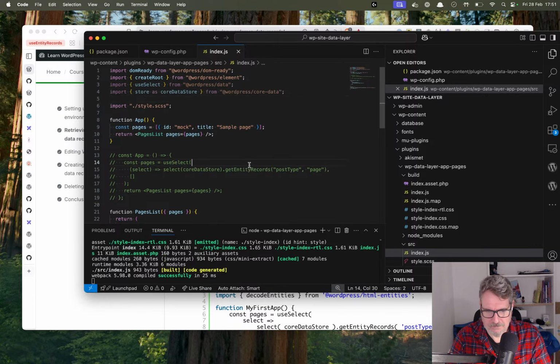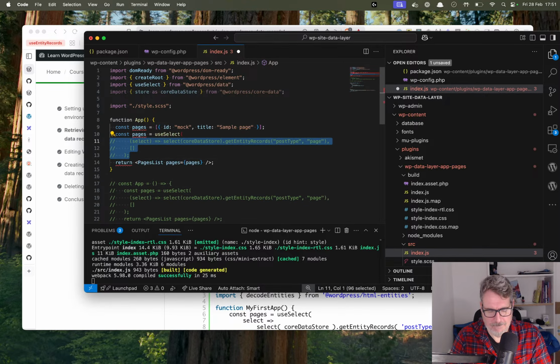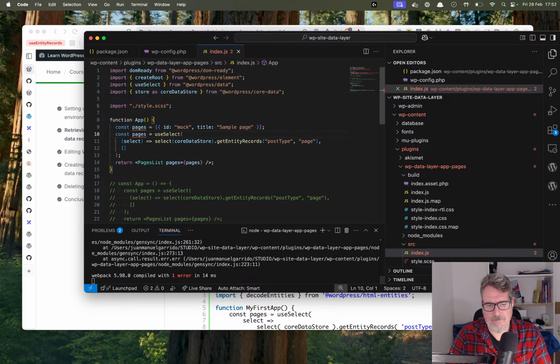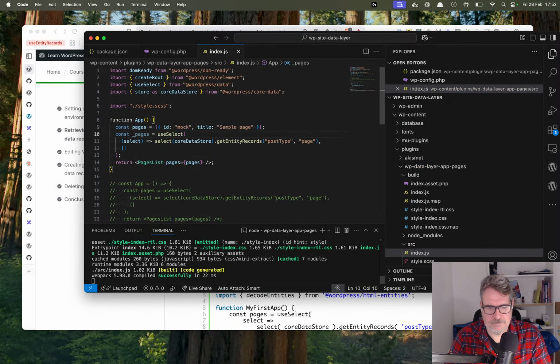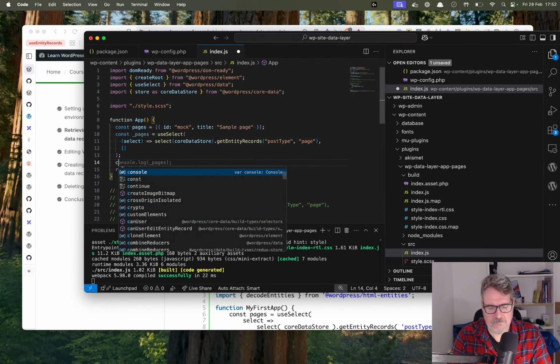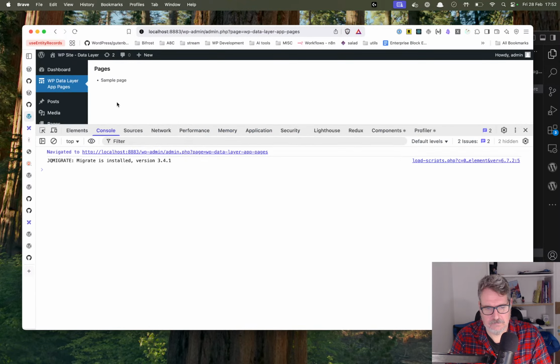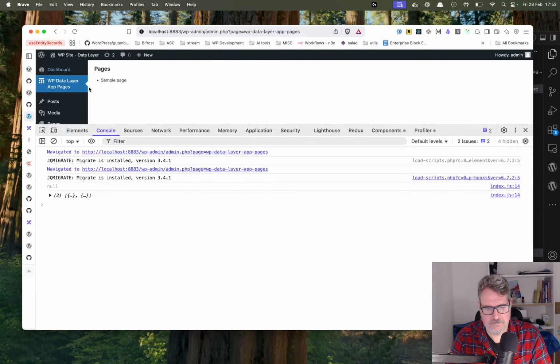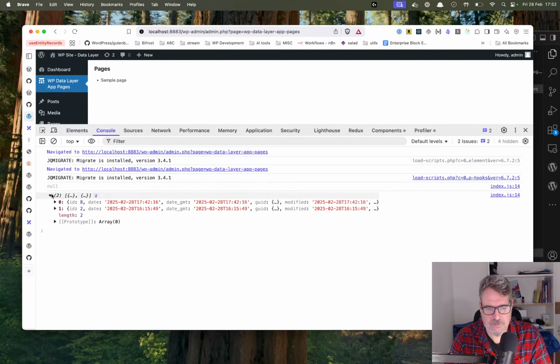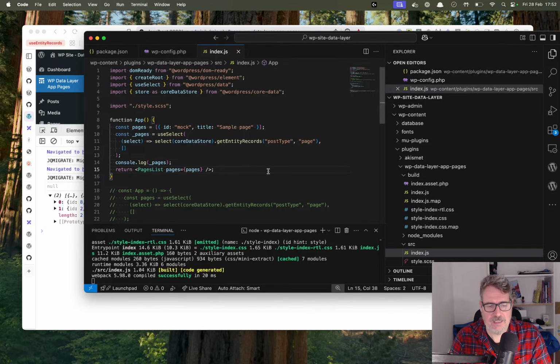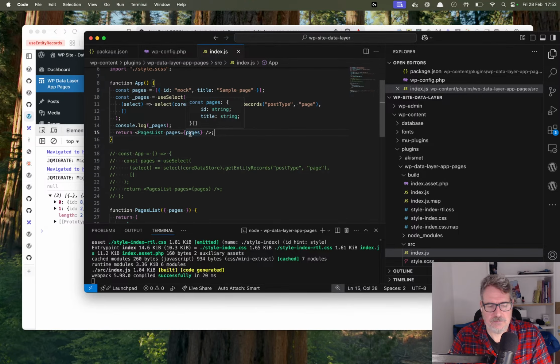So first time is null, and second time is the pages, and